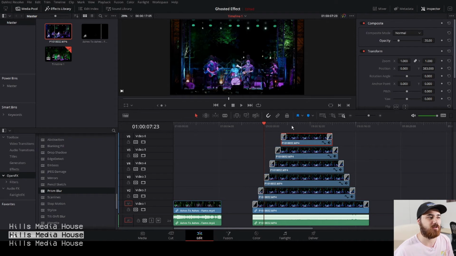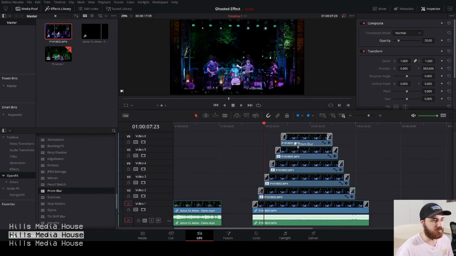But what I find to really smooth those layers off is I use the effect called Prism Blur. It's in your Open Effects panel under Prism Blur here, and I drag that over. I don't change any of the parameters in it at all. It's all just standard, just drag that straight over. Prism Blur is free with DaVinci Resolve 16, so there's no charge. You don't have to have the studio version, the professional version, any of that kind of thing. So I drag Prism Blur onto each one of these clips here,